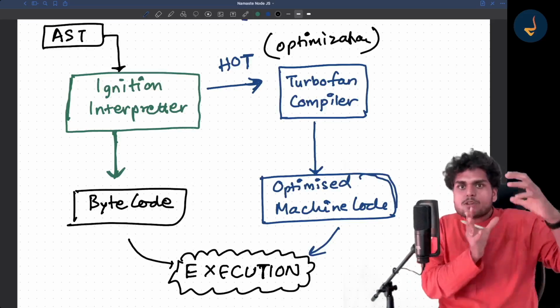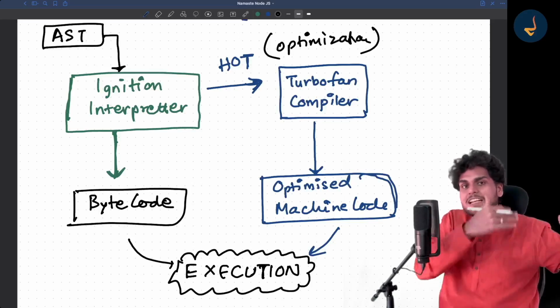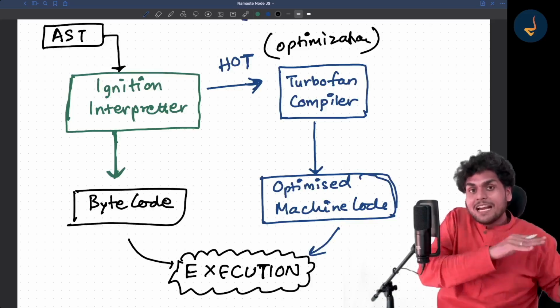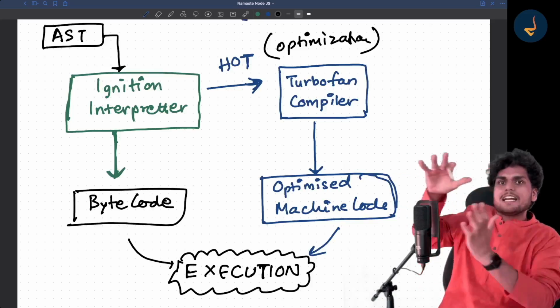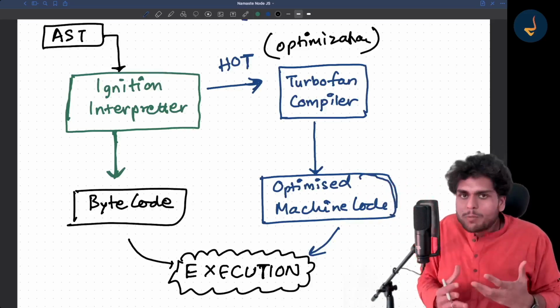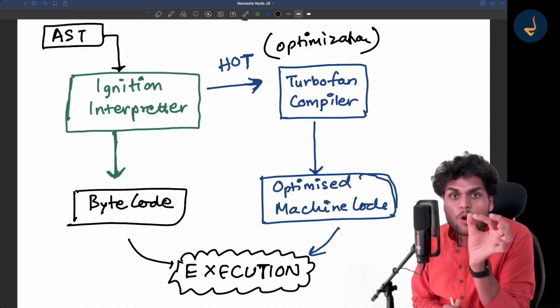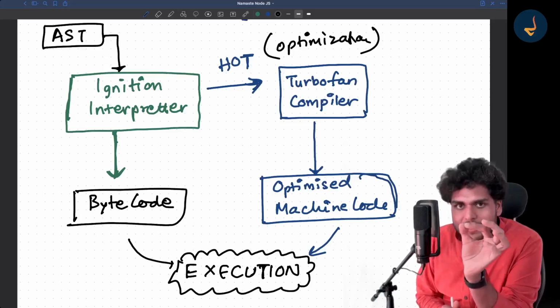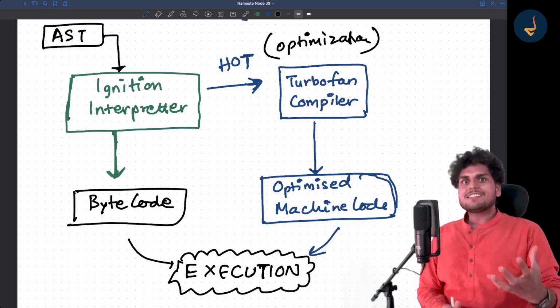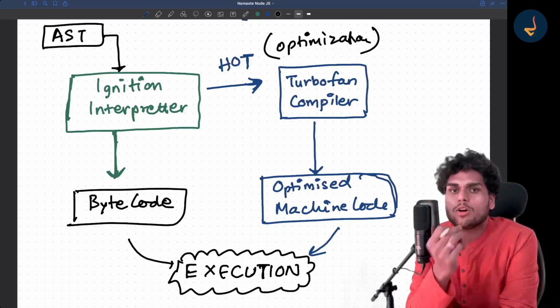But suppose there are portions of code that need to be executed fast and are being executed again and again. It offloads that to the turbofan compiler, and the compiler optimizes that code, and then that machine code is run. Now, while in this process, there are chances that you might have to de-optimize the code also.